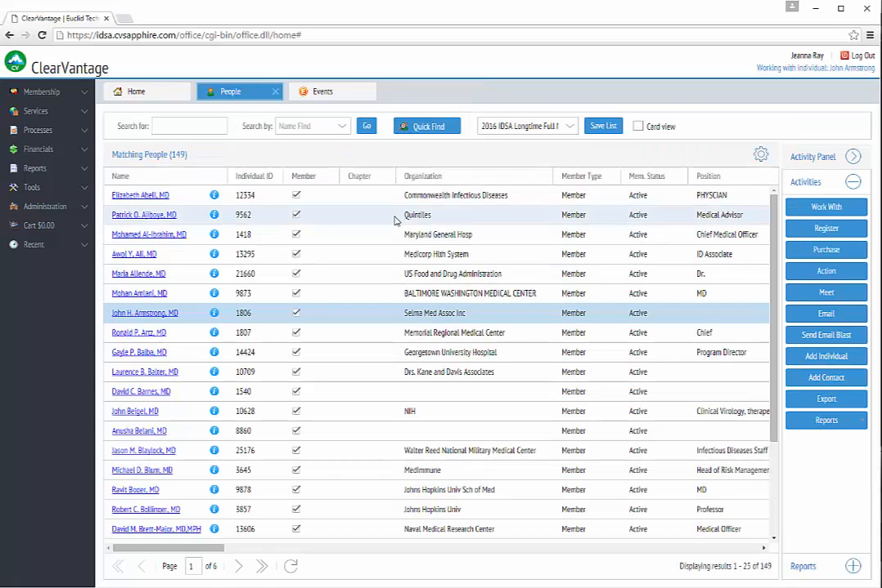Obviously, there's a lot of functionality in ClearVantage. The nice thing is that you have all the functionality of ClearVantage, which is way beyond what's available in other online systems. ClearVantage Online has more functionality. It's easier to use. It's actually powerful too, in that with some of the other browser-only based systems, you can't